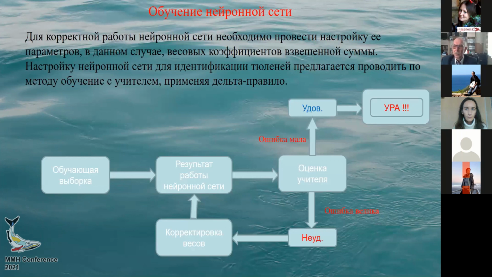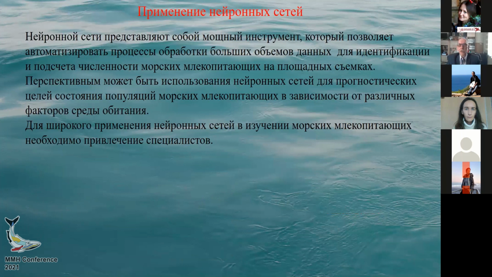In conclusion, I would like to say that neural networks are a very powerful tool that make it possible to automate the processing of large sets of data to identify and count marine mammals in big aerial survey photographs. I think the use of neural networks is quite promising for forecasting the state of populations of marine mammals, depending on various factors of their